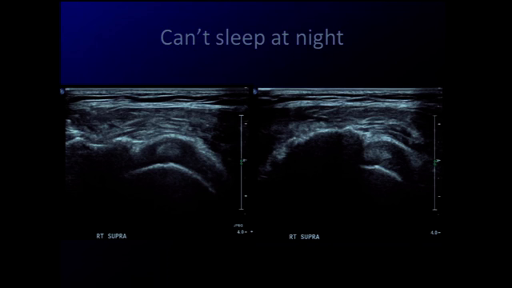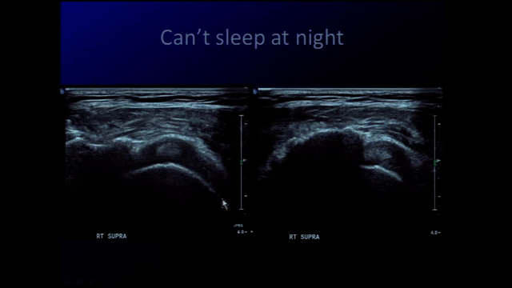Here's another patient who presents with symptoms of pain at night and pain with overhead reaching. Here is the acromion, possibly with a small spur. We've got the humeral head and we've got the supraspinatus tendon. And you can see that there is focal thickening of the tendon due to the presence of calcification within the